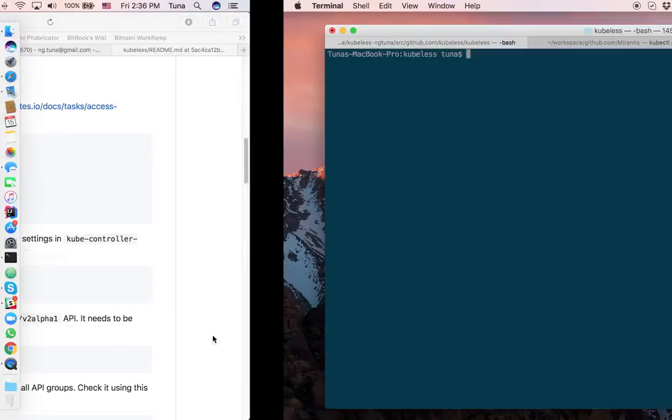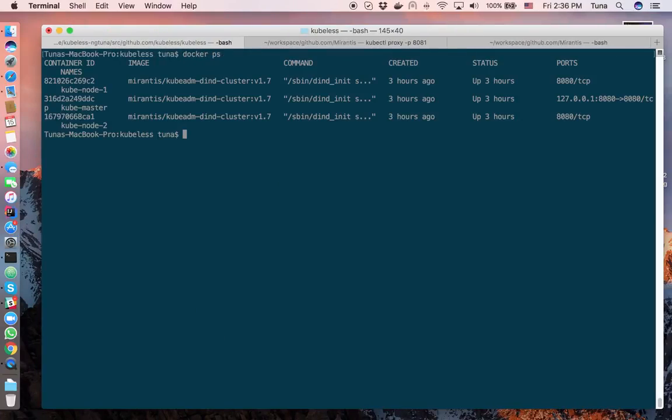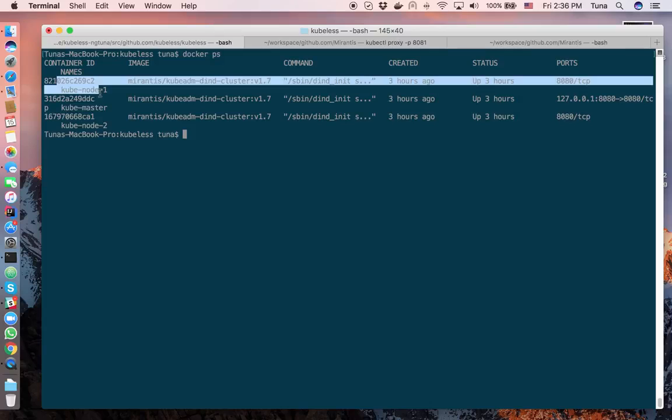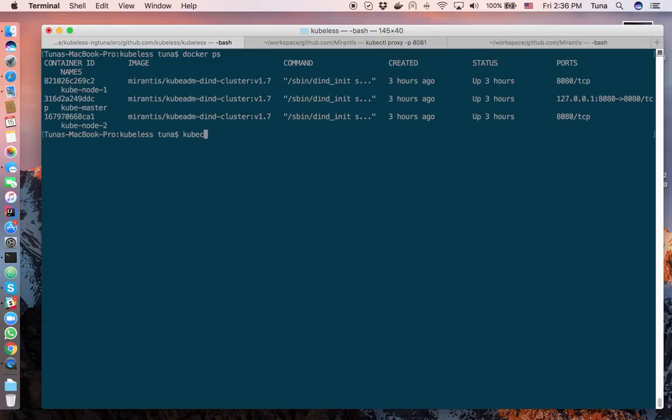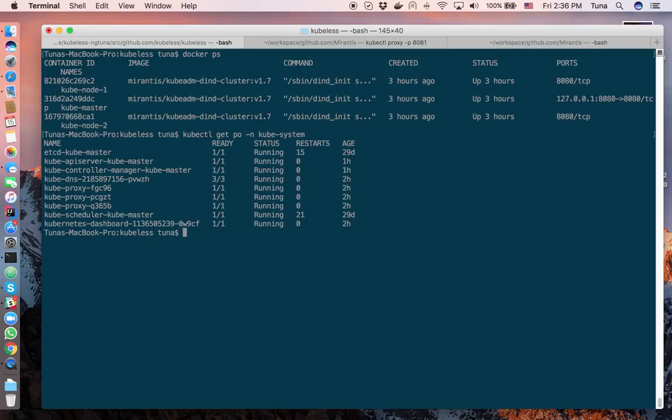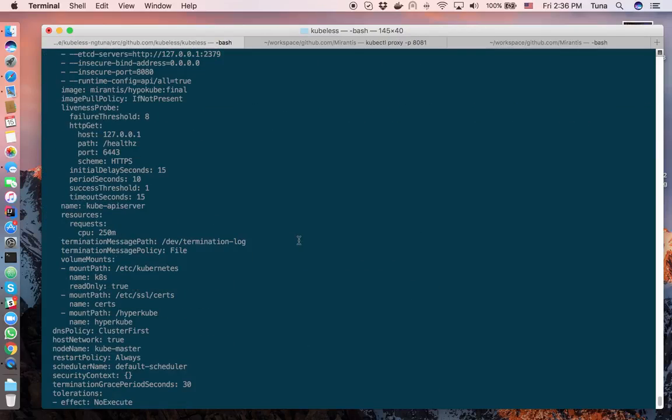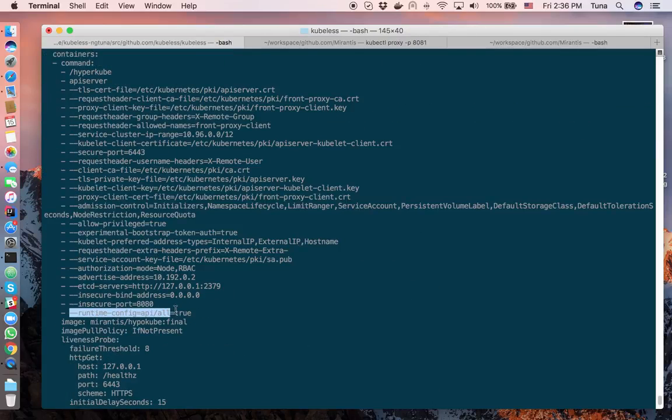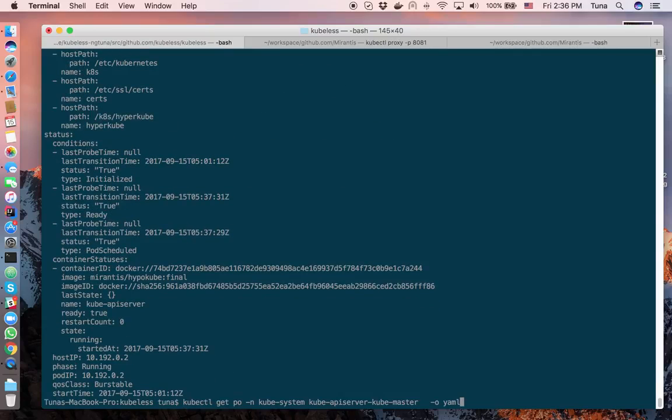So I do everything in my cluster. I have the cluster with one master and two minion, and I already enable and configure the necessary parameter, and I can check it here. You can see kube-system. Let's say I need to check the configuration of Kube API server, and you see here I enable the API, all set to true, and